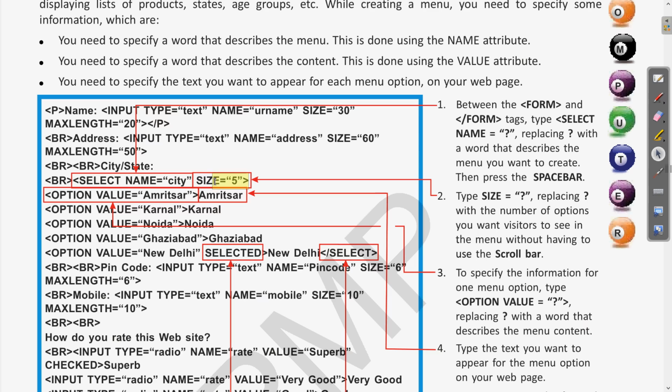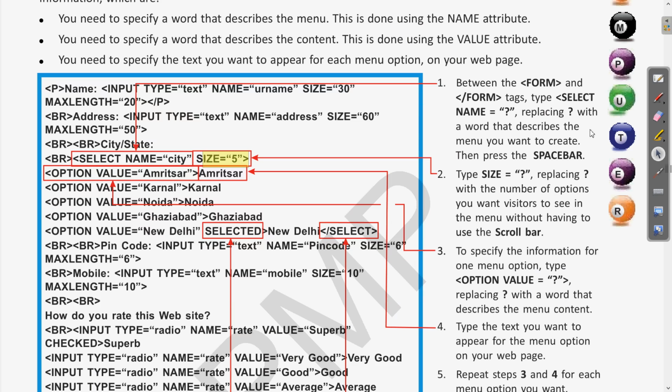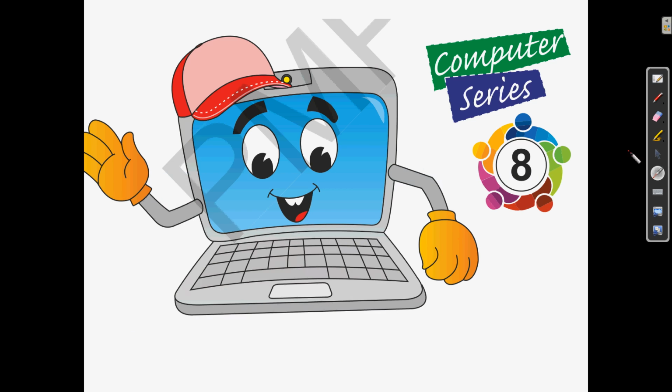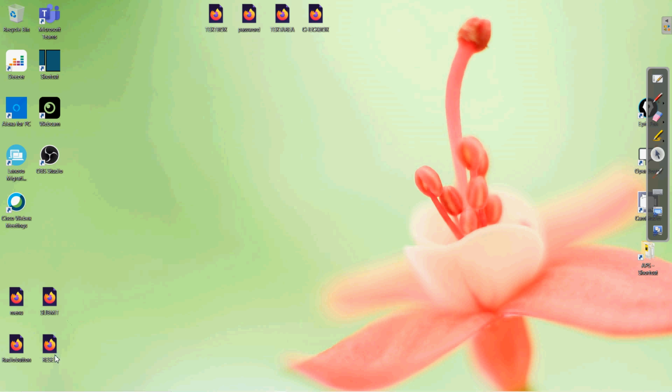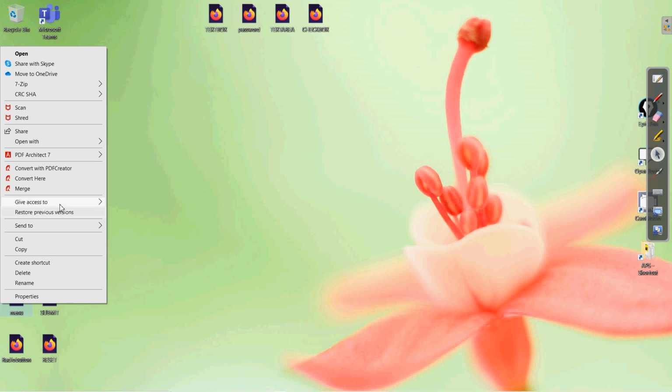We will see what is the meaning of this size. The same code is explained here. So the earlier elements like the text boxes we have kept the same, then the different radio buttons or whatever other previous code we have written, we can modify in the same way. Okay, now let us see the code of this. If I come to the menu option, here we have the code which I have written.